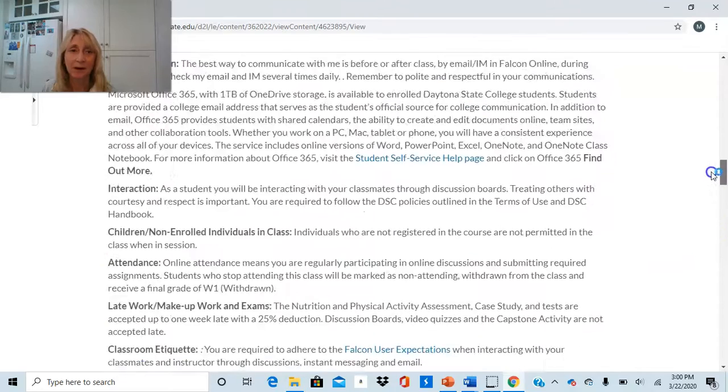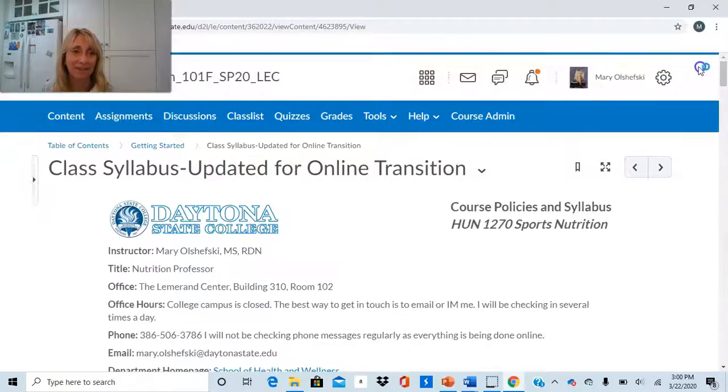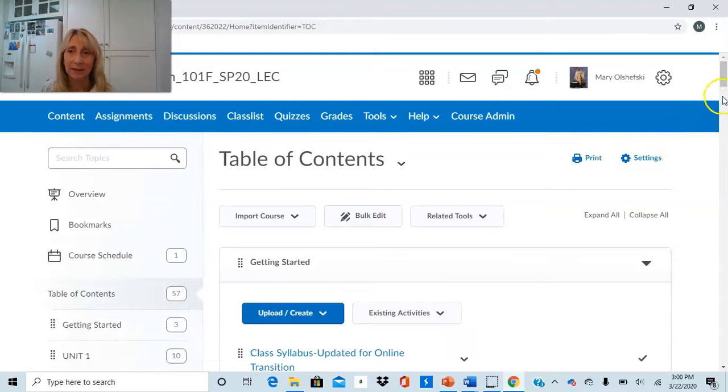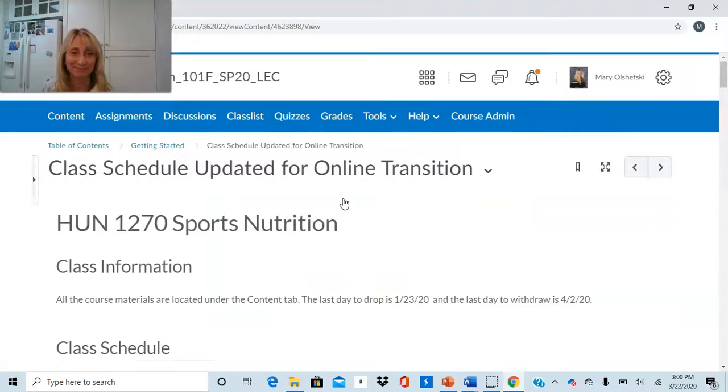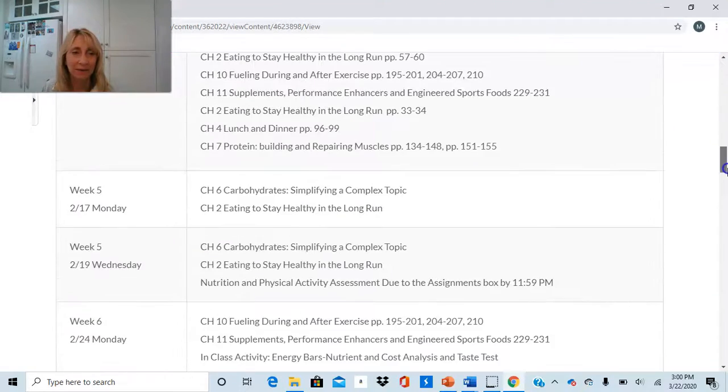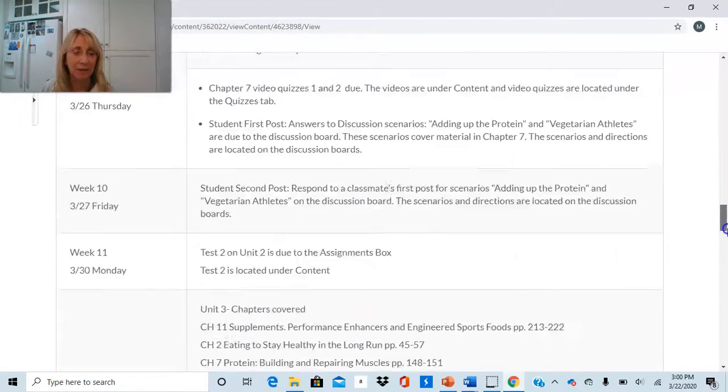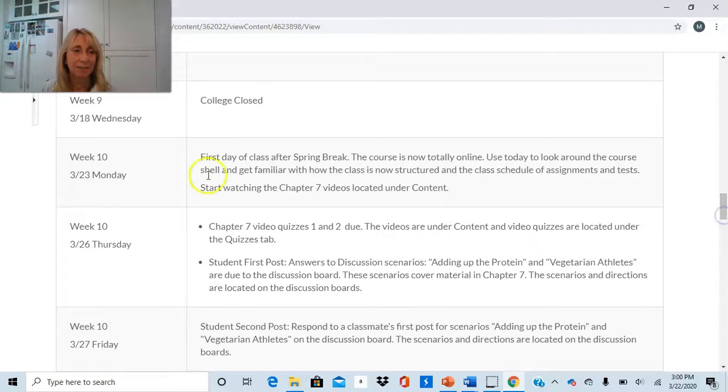And we're going to close out of the class syllabus and go back to the table of contents. And I'm just going to highlight very quickly the class schedule. If we scroll down, I kept everything in up until the break, but here we are, starting today, Monday, March 23rd. Basically what I want you to do is look around the class, click on everything, get familiar with where everything is and what it is you need to do,